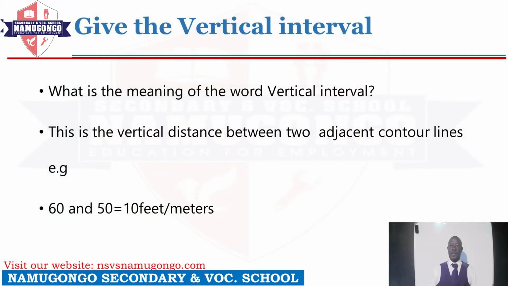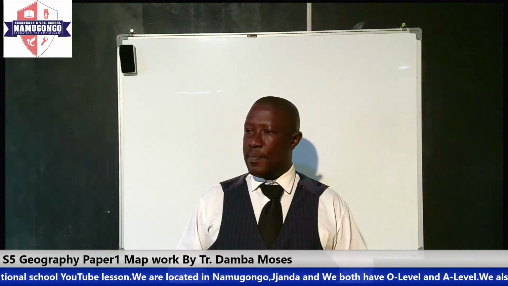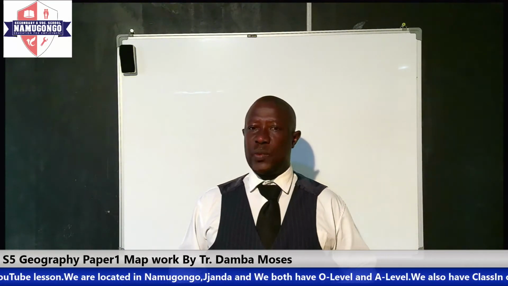The word vertical interval means the distance between 2 adjacent contours. Maybe somebody would want to know what a contour is. Okay? So, a contour is a line on a map that shows places of the same height. Therefore, it is these contours that we use in describing relief. We are going to look at